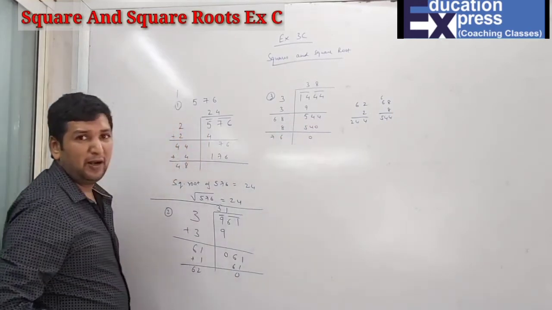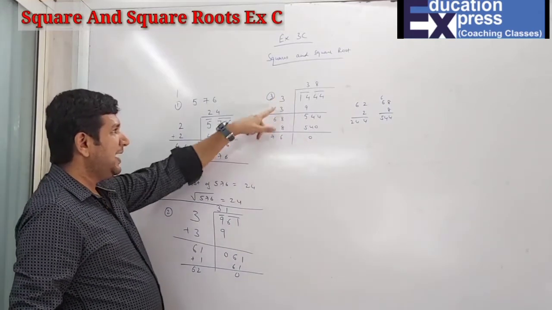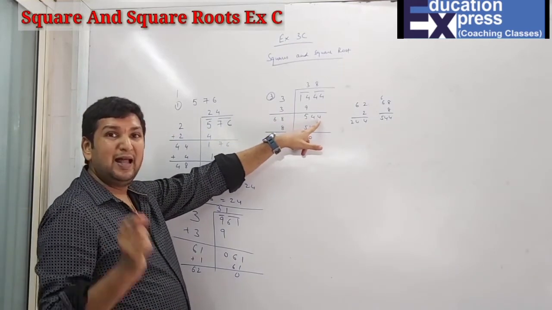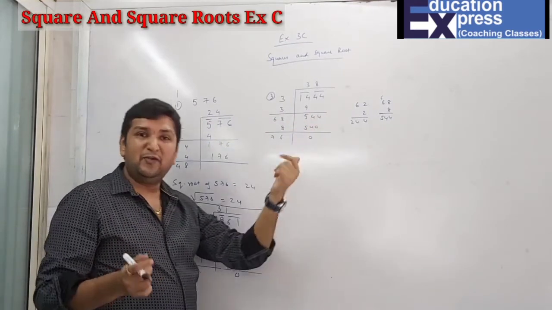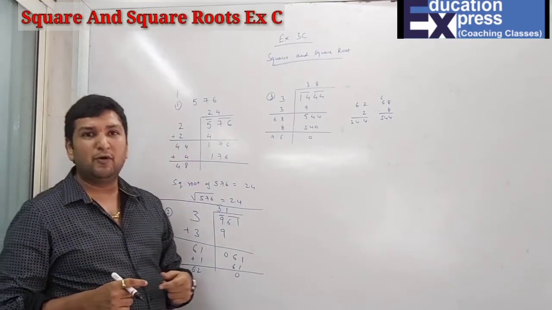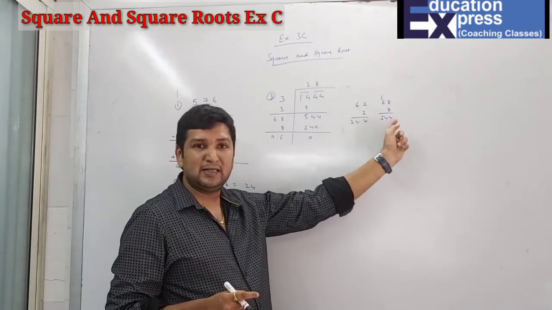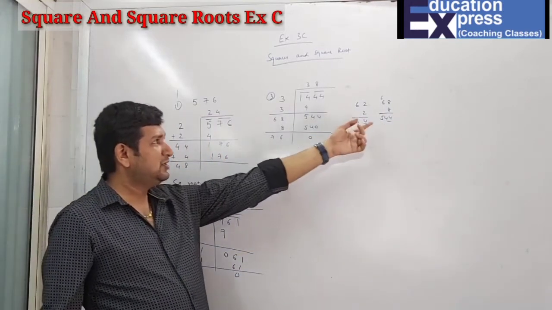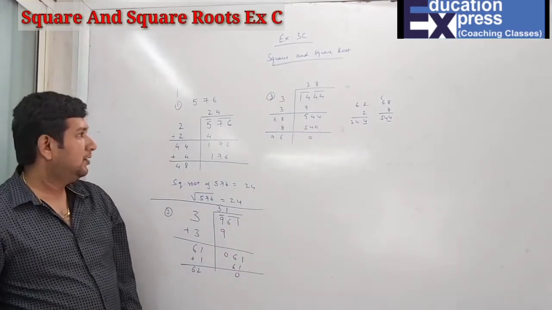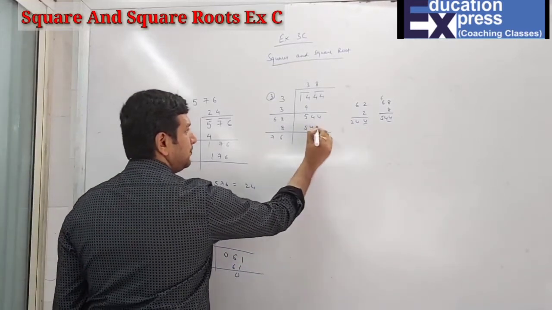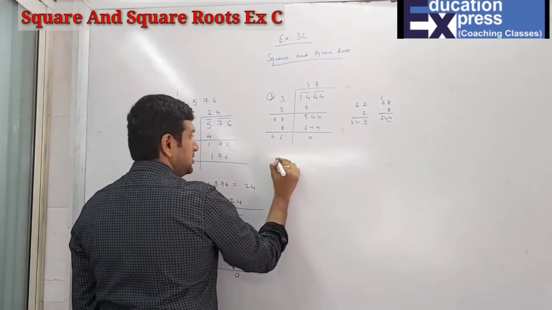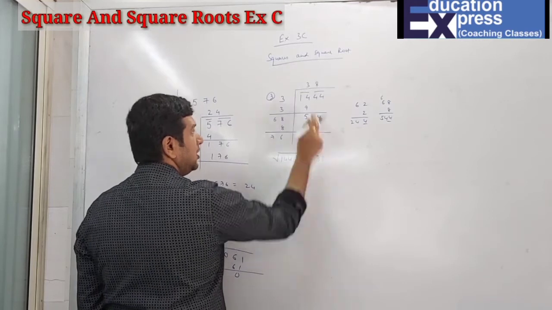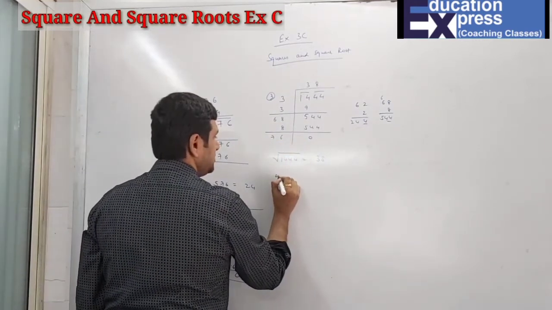So you understand students what I am doing continuously? I am just first adding this, whatever number I want. How I come to this number I will take? So I will just see the last required number, the last unit place. If it is 4, so I will just see the square of which number can give me 4. So here the option was 2 2s and 8 8s are. Last in both the cases 4. I have tried both the numbers and I just see which number definitely gives a proper required number. So yeah, it's 544 something. And the answer is 0. So the square root of 1444 is 38. 38 double is 76. Fourth question students.